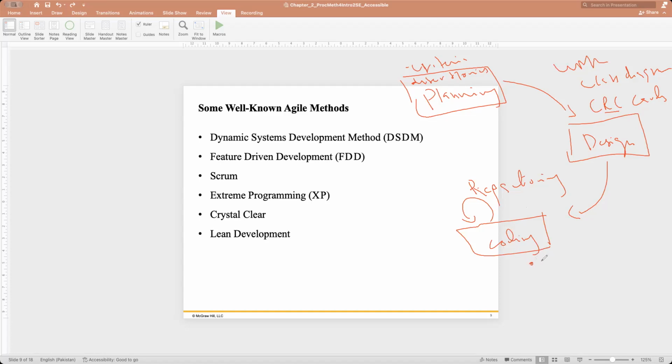For instance, they can implement pair programming, which is one of the techniques. In pair programming, two people sit at one screen, so two developers are on one screen. They have different roles: this person is the coder at the moment, and this person is the observer, or you could say the tester at the same time.